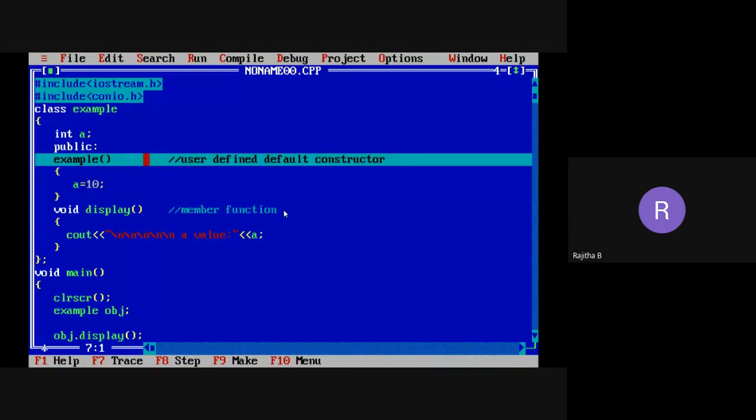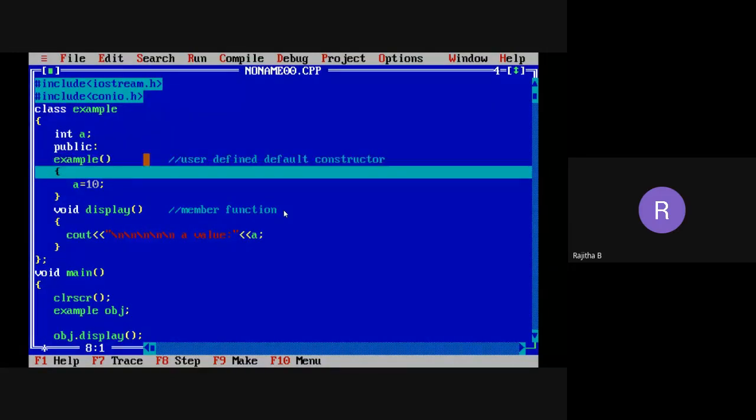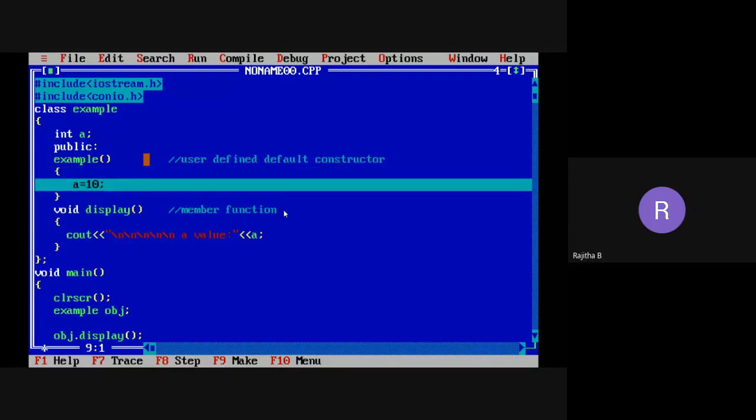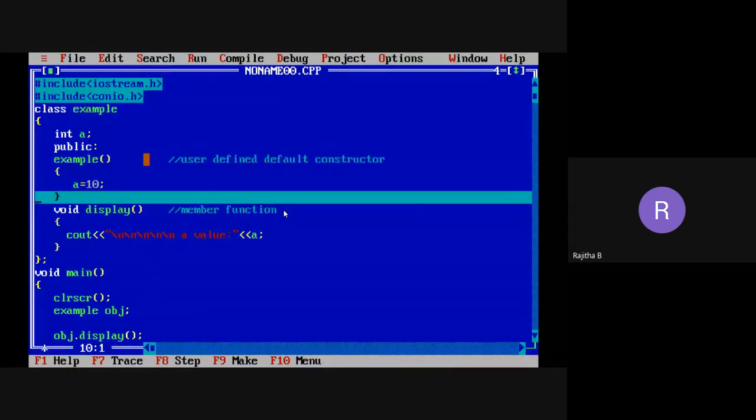Now again I'm pressing F7. Now the statement A equal to 10 will be executed. So it is going into the Example constructor and will execute the A equal to 10 statement. That means we are assigning the value 10 to the data member A. Again I am pressing F7. Now it is closing the constructor.